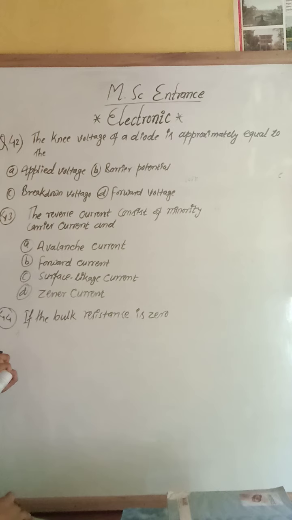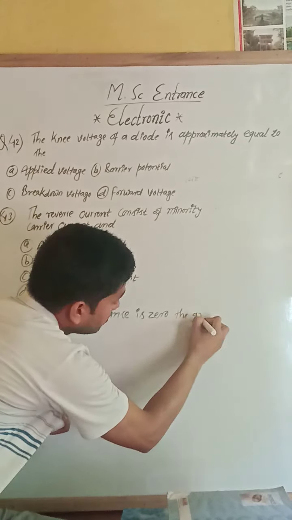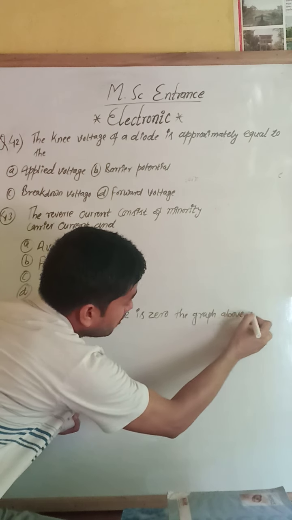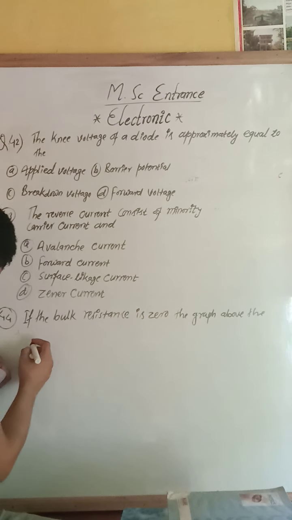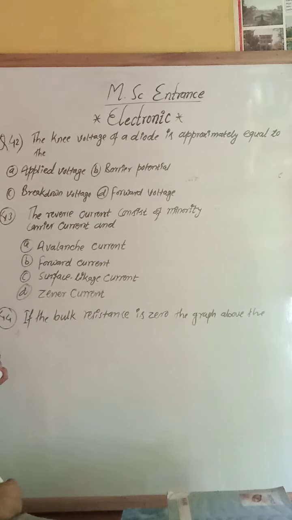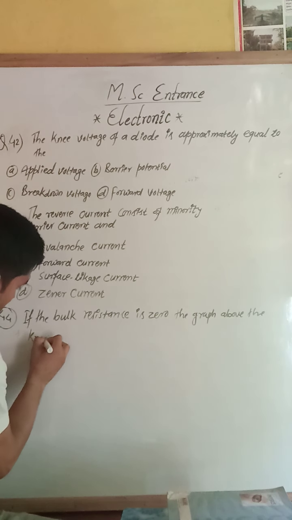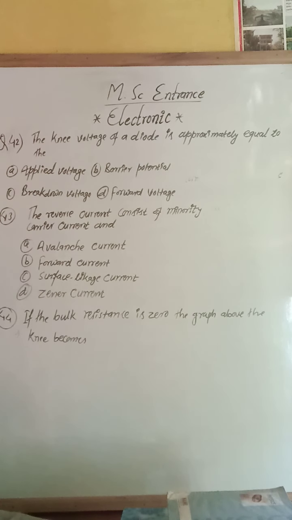If the bulk resistance is 0, the graph above the knee becomes...